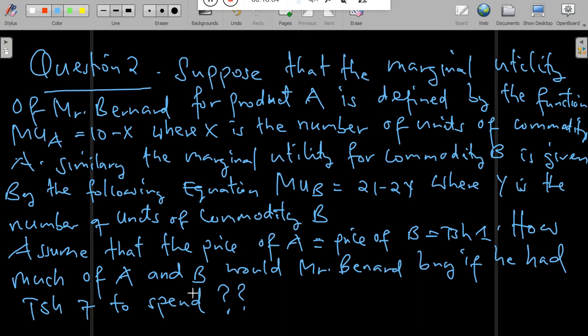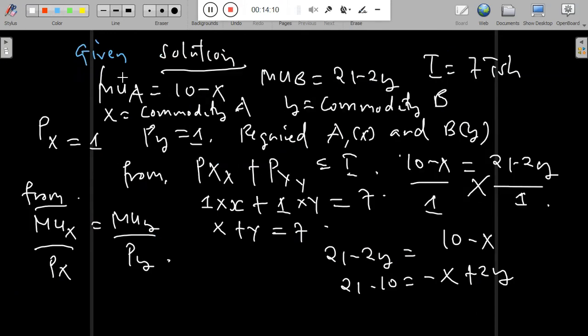So suppose the marginal utility of Mr. Bernard in product A is defined as the function of marginal utility of A, which is equal to 10 minus x, where x is the number of units of commodity A. And similarly, the marginal utility for commodity B is given by the following equation: marginal utility of B is equal to 21 minus 2y, where y is the number of units of commodity B. So for that case,